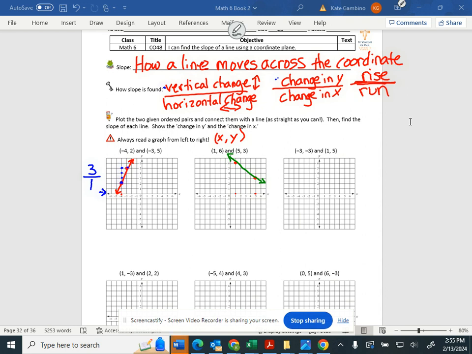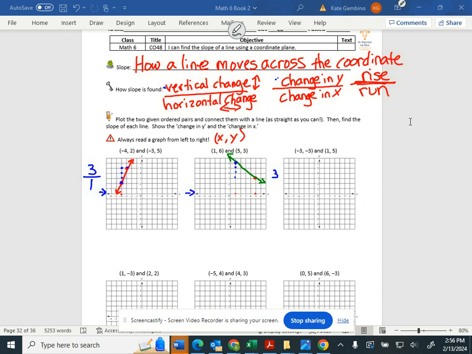So remember, we always start on the left side of our graph, moving to the right, just like we are reading. I come to this point first. This time, instead of going up, I have to count down. So I'm counting down 1, because remember, the point that we start at is 0. I go down 1, 2, 3. So I'm going to put a 3 for my numerator,